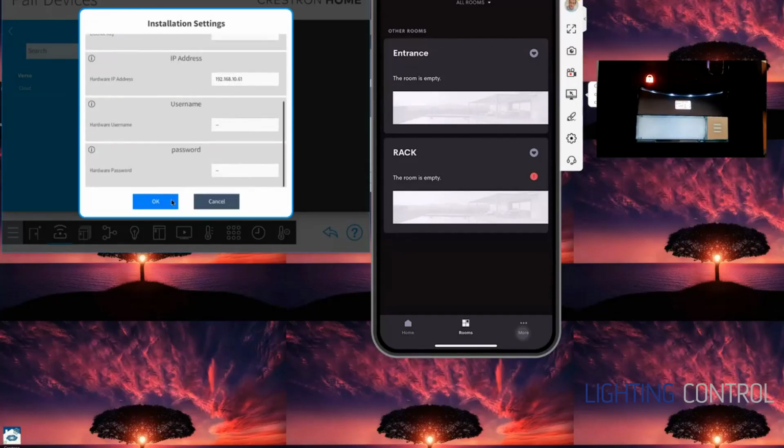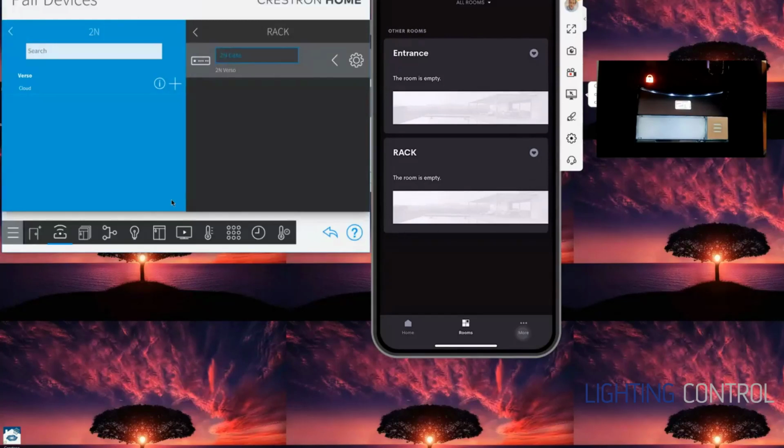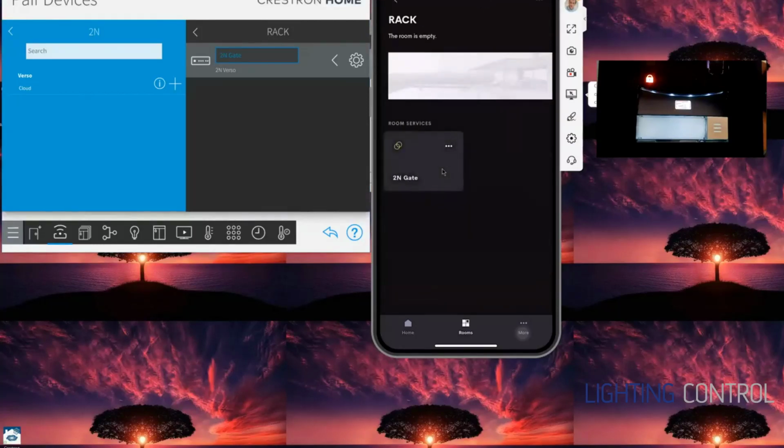So our 2N driver supports basic and digest authentication. This one is just set up with open authentication at the moment. So inside the rack room, you see the 2N gate tile shows up. And this 2N gate tile is just a commissioning tool. Just allows us to